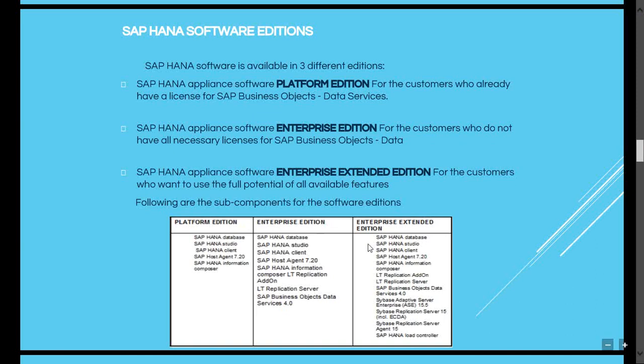Okay, so you just need to know the difference between these three editions, and using these editions once again depends upon the project requirement, your client requirements. So we cannot say which is the edition that is being mostly used or which is not used at all. It once again depends upon the requirement and your clients.